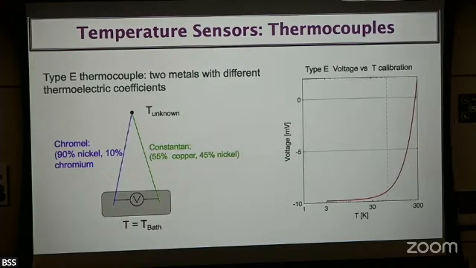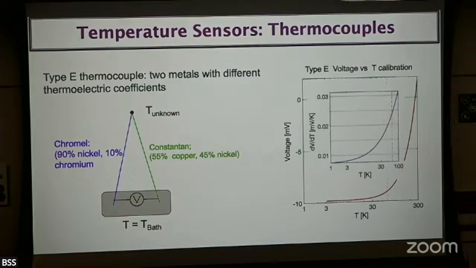At room temperature you have about a millivolt, and then you can come down to about 3-ish Kelvin, where you actually go negative. That's not a very good regime to use because the voltage is almost zero. But I'm mostly interested in below 100 Kelvin, which is great. But the important thing is not just the voltage. We're not interested in temperature, we're interested in the temperature gradient. How much sensitivity do we have, because we measure a small delta T.